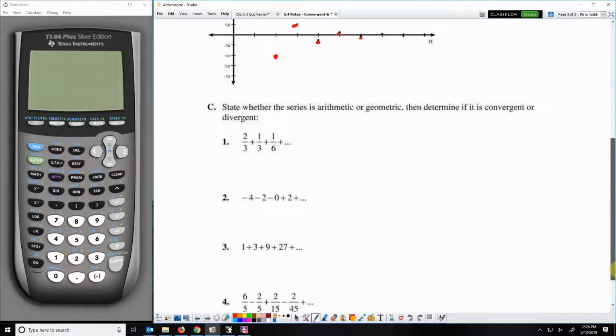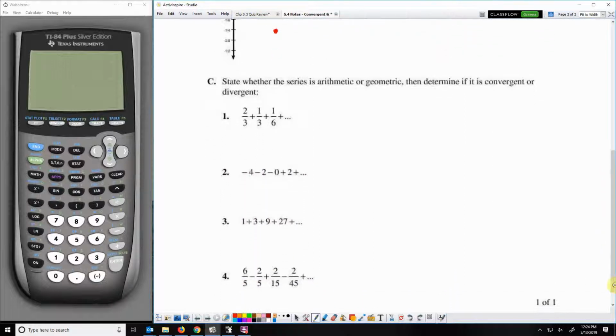So all we want to do with these next 4 examples is tell whether the series is convergent or divergent. So in this case right here, we've got 2/3, 1/3, 1/6. I think we're looking at a geometric series here. So if that's true, then 1/3 divided by 2/3 will be the same as 1/6 divided by 1/3. So we've got 3/6, which is 1/2, and we've got